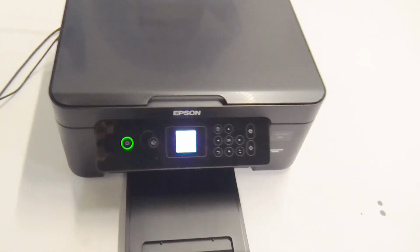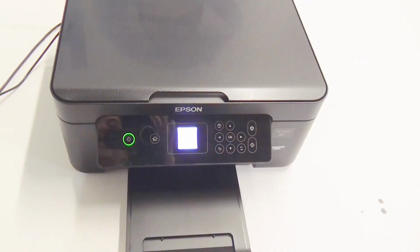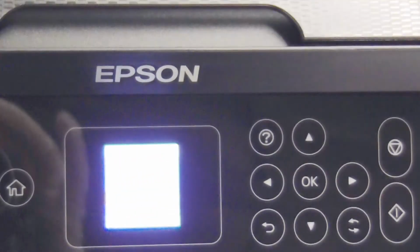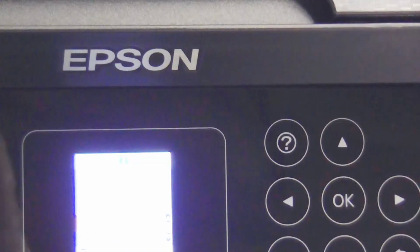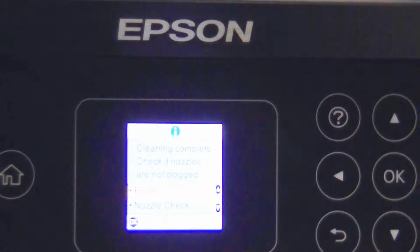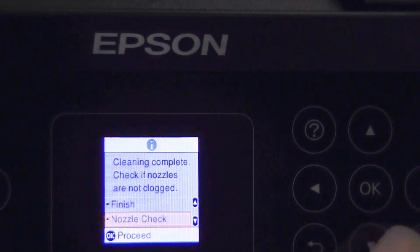The screen will now tell you this takes about 3 minutes. Once this is done, you'll then have a screen that says cleaning complete, check if nozzles are not clogged. From here you have the option of just finishing this process here, or you can go down to nozzle check